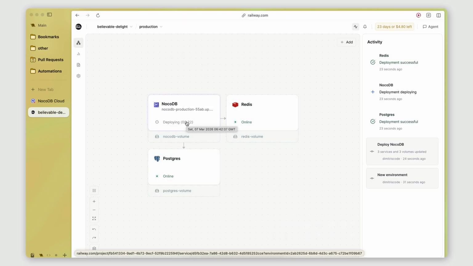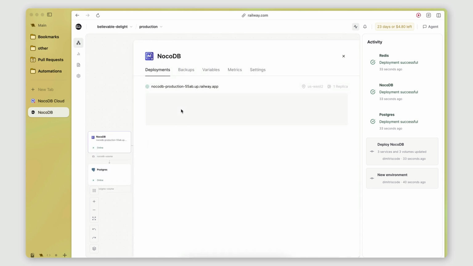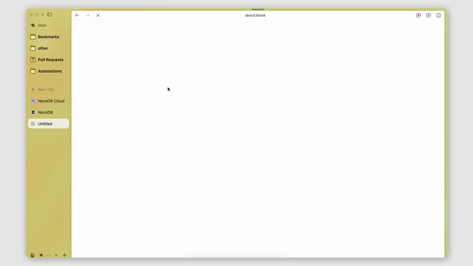It only takes a few seconds for everything to be deployed, and that's the cool thing. You don't need to set up any servers or manage any infrastructure. It's literally like a one-click deployment. There we go, that's it. So now if I click on the app, here I get a URL. I click the URL, it opens up